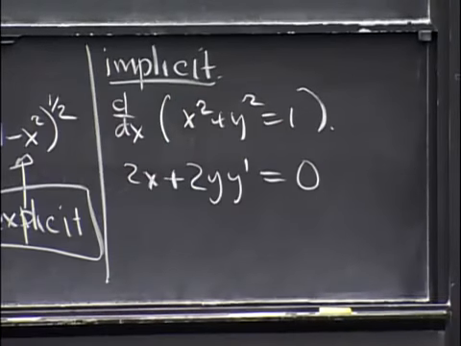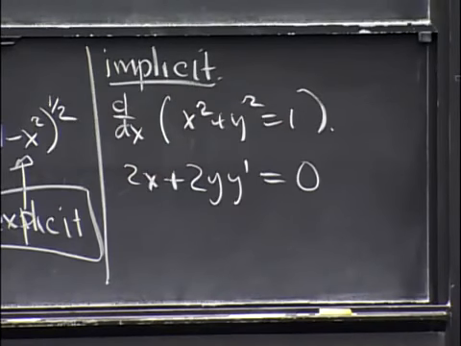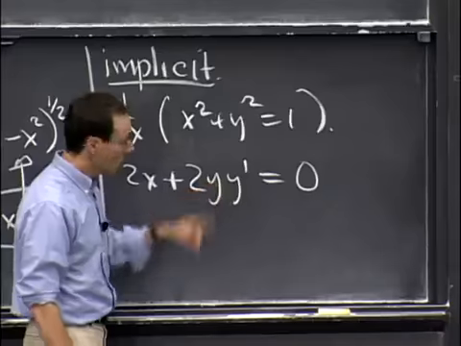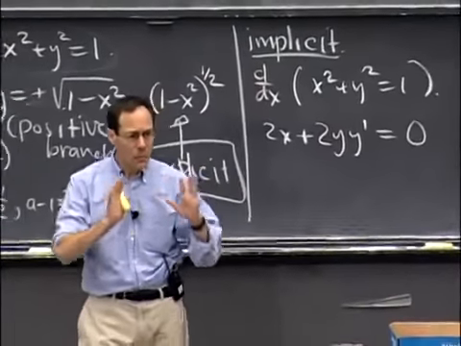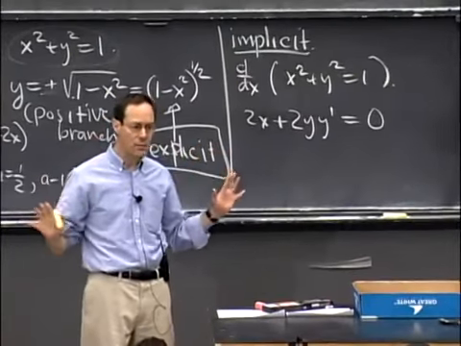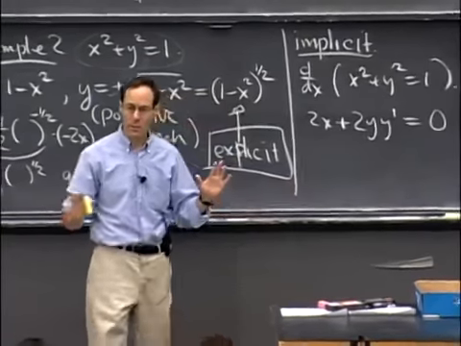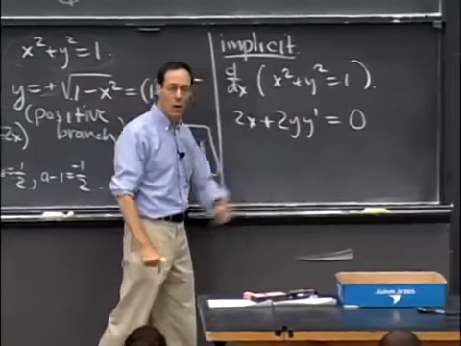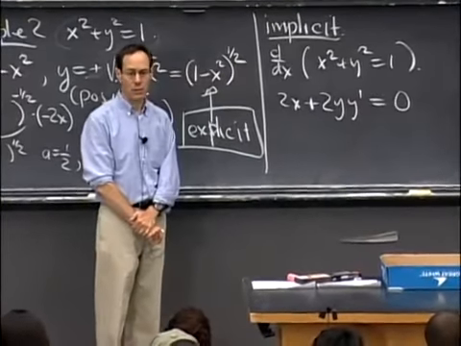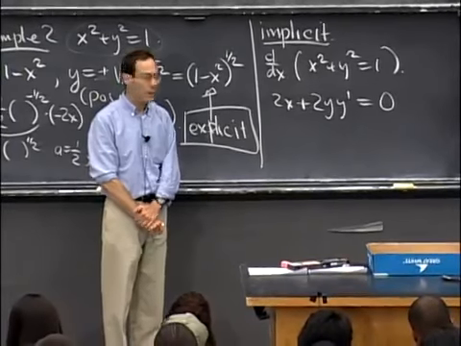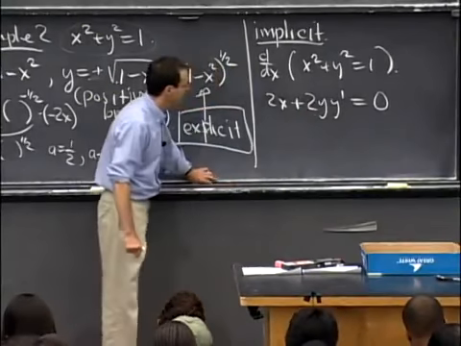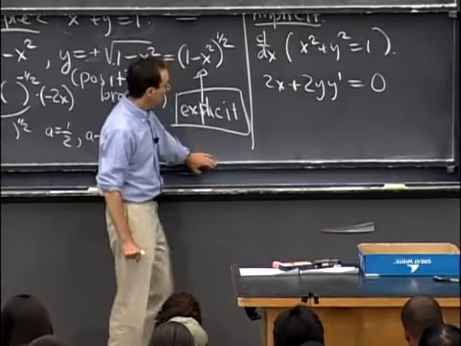Derivative of 1 is 0. All right, so this is the chain rule. Again, I did it a different way. I'm trying to get you used to many different notations at once here. Well, really just two, just the prime notation and the dy dx notation. And this is what I get. All right? So now,